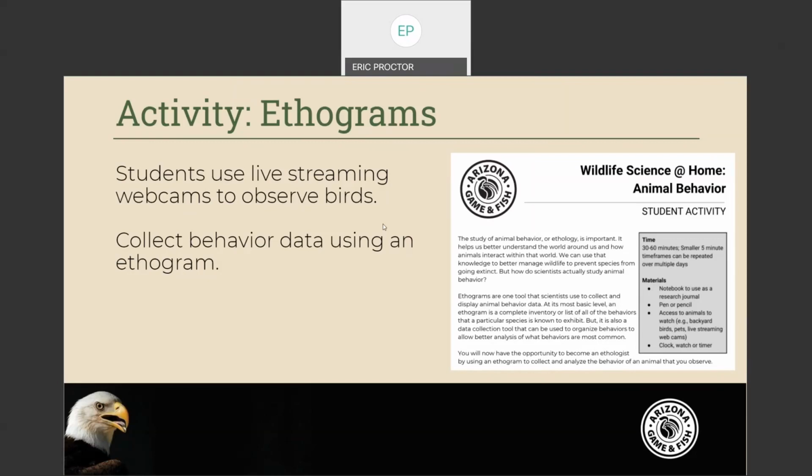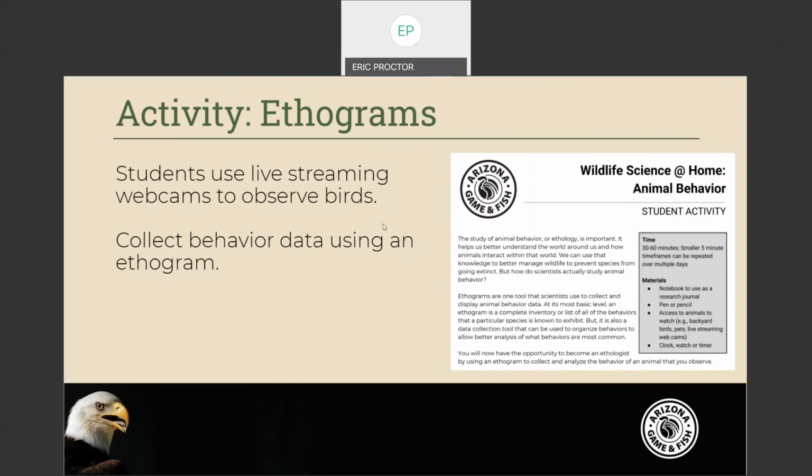Live streaming webcams have grown in popularity. The Arizona Game and Fish Department maintains a few of them. They are often seasonal because, for example, we have live streaming webcams down in southern Arizona for the sandhill crane migrations. And so when the 30,000 or so sandhill cranes come into southern Arizona, we put cameras on those areas and you can watch the sandhill cranes. Well, right now the cranes aren't in Arizona, so those cameras are kind of shut down. You're not going to see a lot on there.